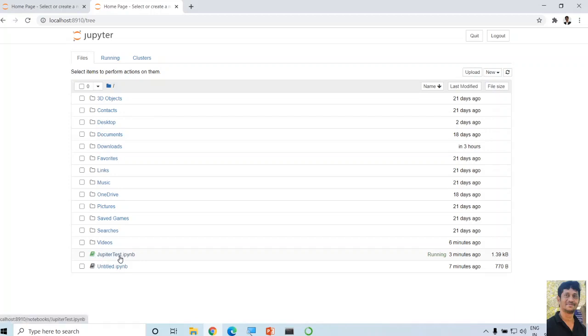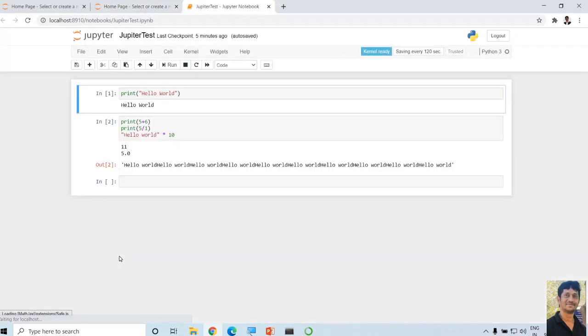Why have they given it the name notebook? Because a notebook means you can write whatever you want. In the same way, this Jupyter notebook consists of three things: code, instructions, and output. So the Jupyter notebook provides live code as well as visualization in one place. This is how the Jupyter notebook is used for running Python scripts.